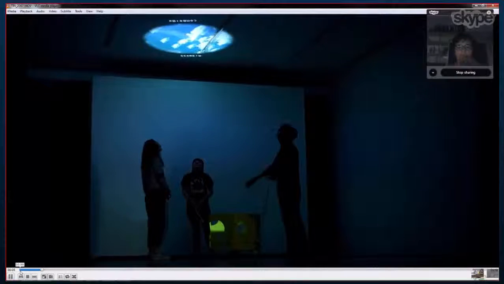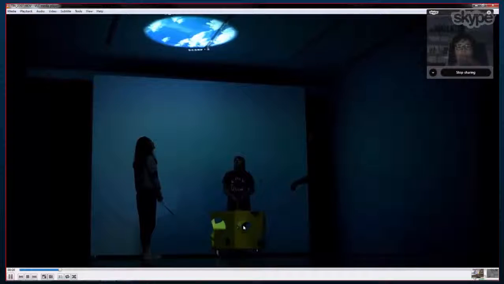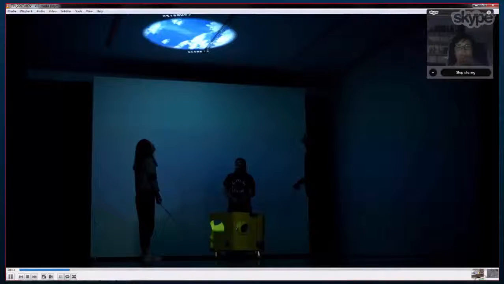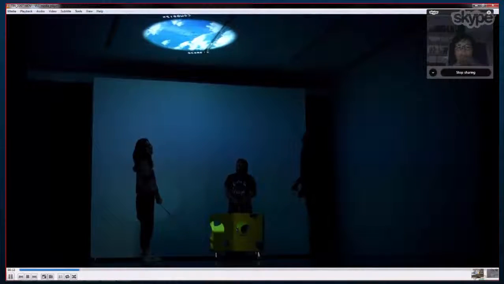It's a little hard to tell what's going on from just one video, but you have this cart, this yellow thing at the bottom of the screen. It has a projector that projects onto the ceiling, and also on the cart, one of the wheels is like a trackball or like a mouse, and so as you move,